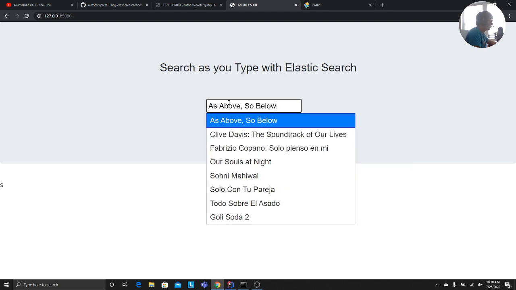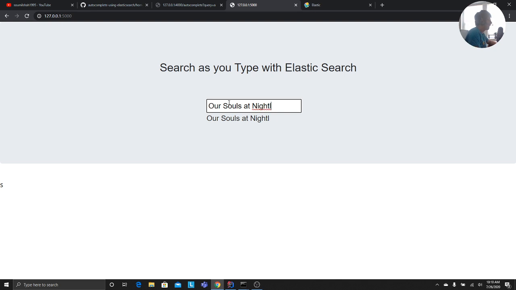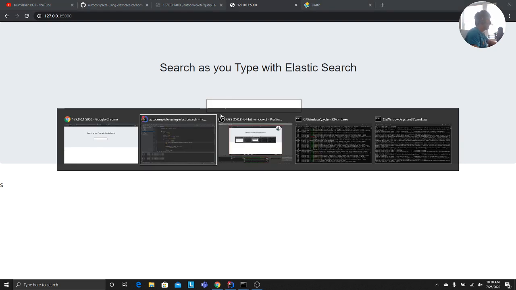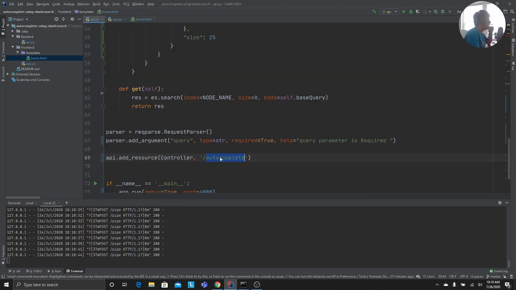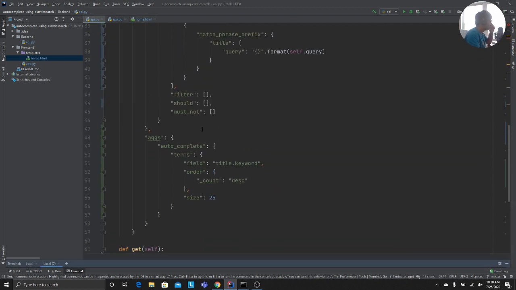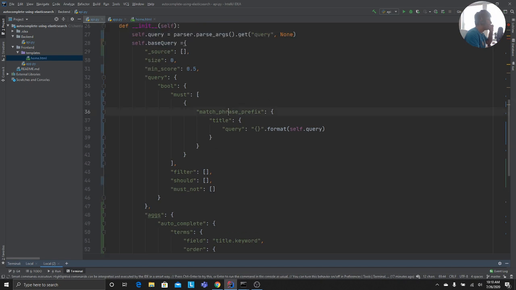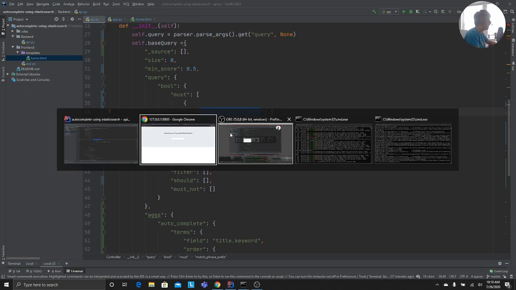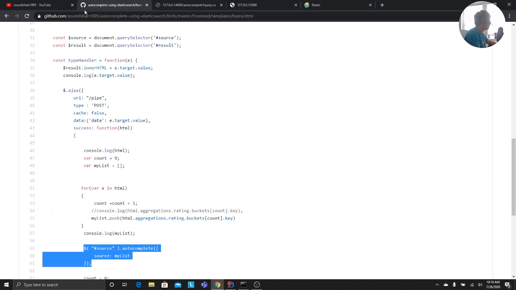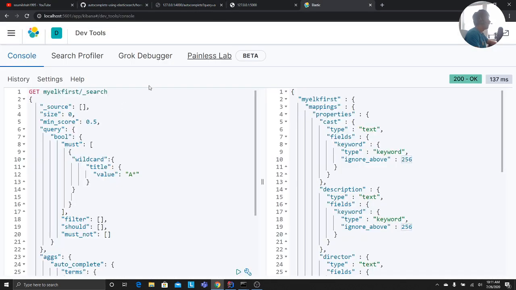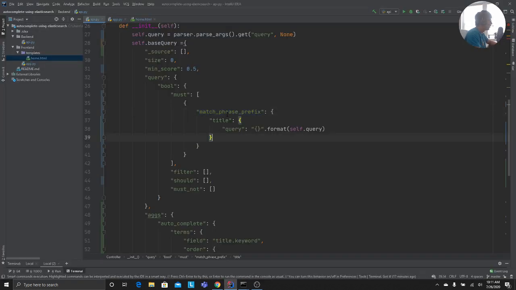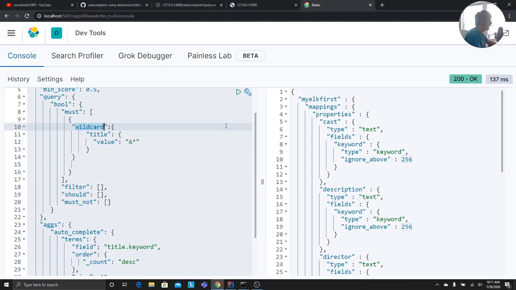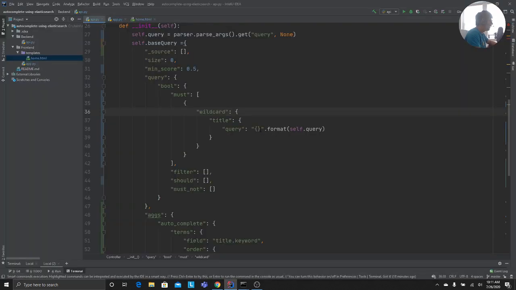So, solo, so you see, it works pretty nice. What you can do in part 2, I'm going to create another video. What I'm saying is this works fine, but it would be better if you change this to a regular expression query. For example, if I had to just show you the gist of the idea, let me go to Elasticsearch and change this to a wildcard query on the backend. Title, value, and here I'm just going to say star because it's a regular expression.